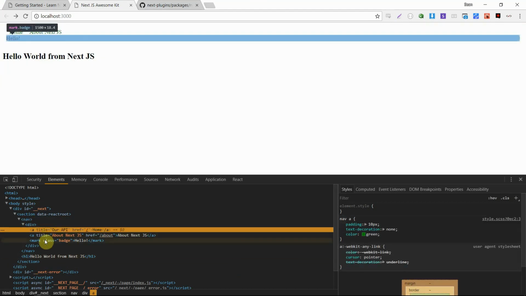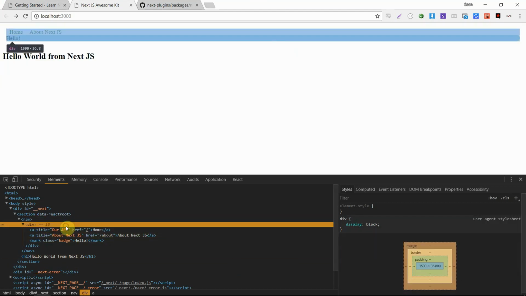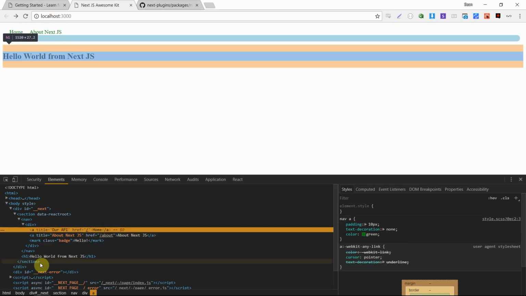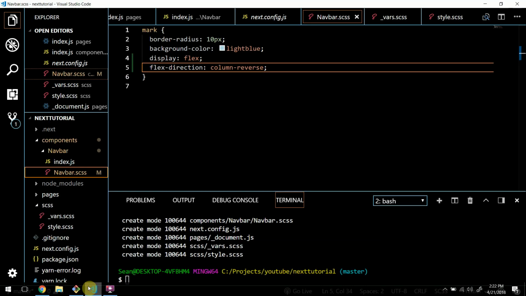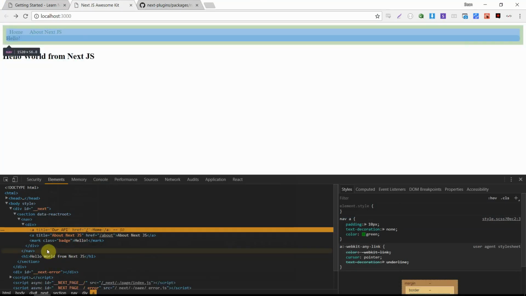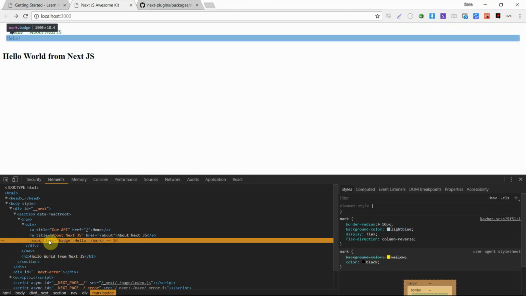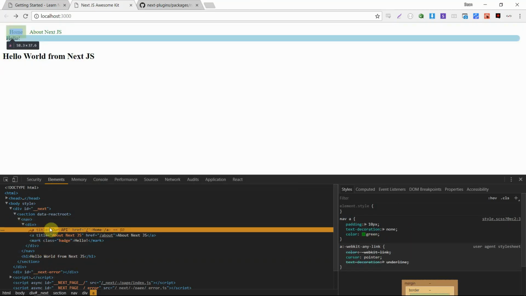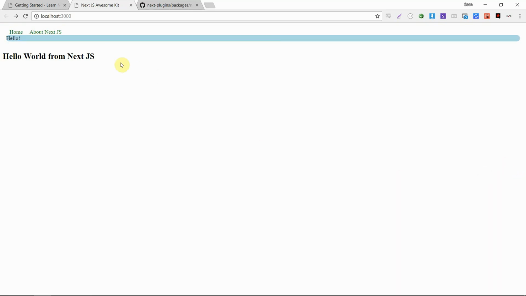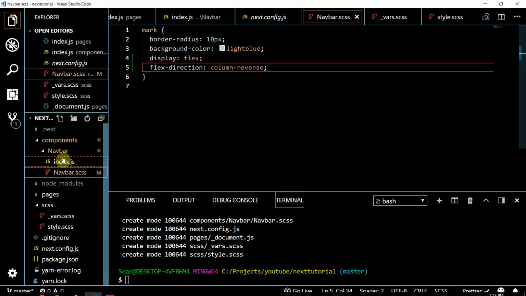So how did we do that? We did our nav. Yeah, I thought it was the nav. What did we style here? Oh, we did the mark. If we look at this mark, we actually didn't get any auto prefixing, but we do get this Webpack prefixing, and that looks like it's coming from the user agent style sheet, which means it's just coming from Chrome. So if we wanted to actually configure our own auto prefixing,